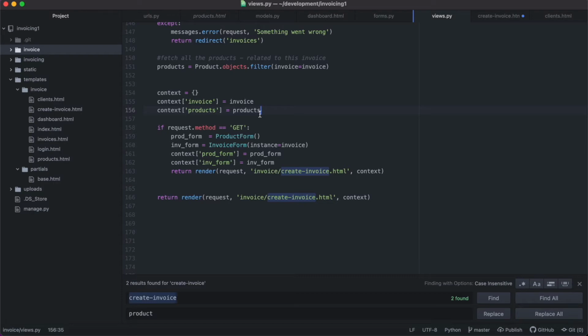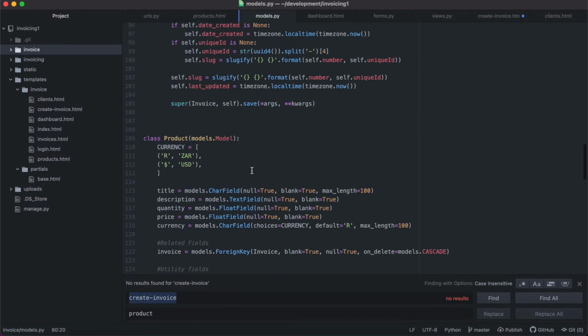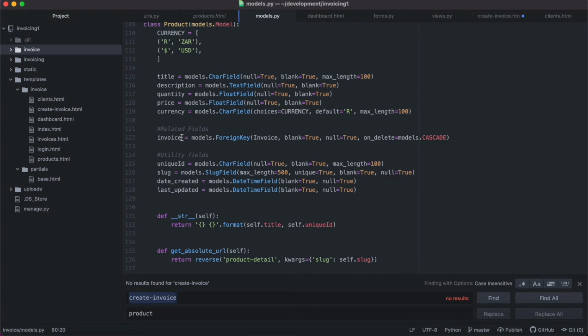We need an ability to create products. So I'm going to work with a modal. I'm going to use a modal because in this specific case, we can use a modal to add products. If you look at our products model, when we add products, the only related field is an invoice. And we'll know what the invoice is because we are adding this product inside of the instance of that invoice. So we can refer to that invoice when we add the product, right? This is why we did it like this, to create the invoice first so that we can create the products inside of the invoice. So now, these are all the things we need: the title, description, quantity, price,